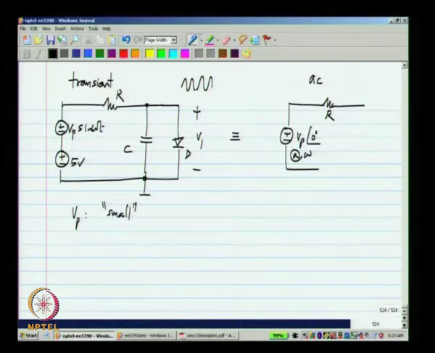You apply Vp angle 0 degrees at a frequency of omega. In case of AC analysis, the simulator would have replaced this by its small signal incremental resistance. And you do AC analysis on this circuit.